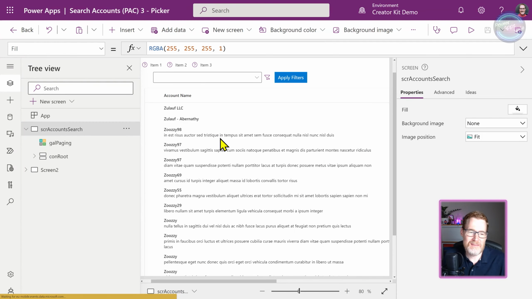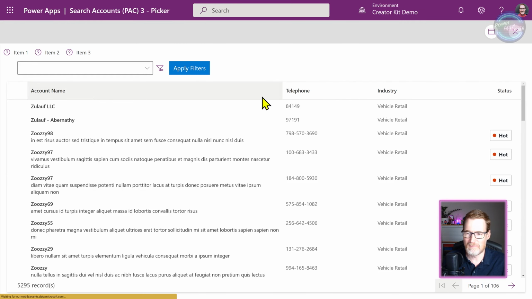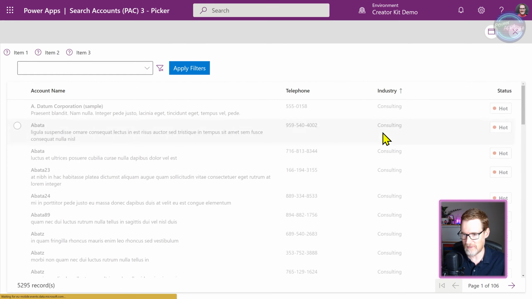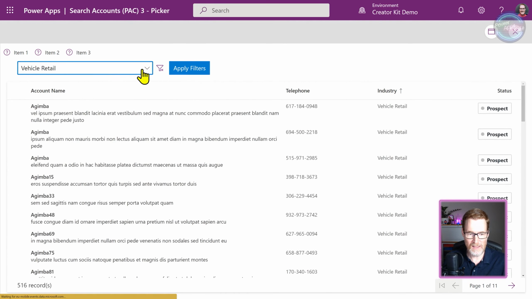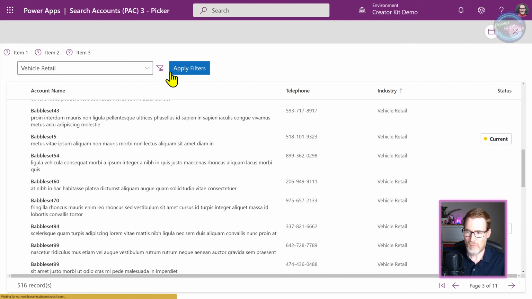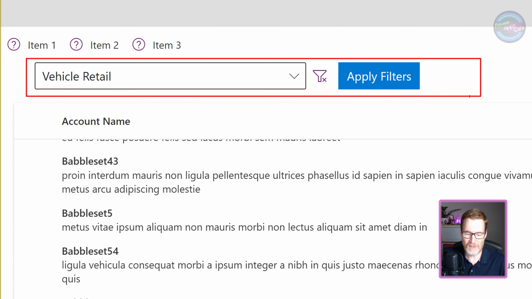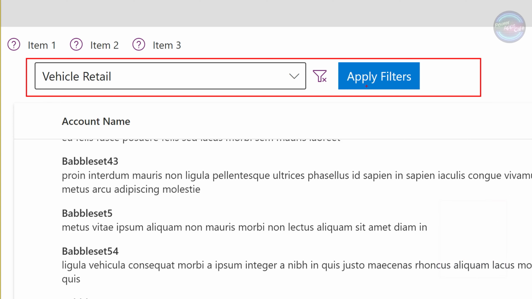Okay, so we're inside our app that we've been building and we've got all of the things we've been working on. So sorting in a fully delegatable way. We can filter by an industry type and we've got paging and this is all delegatable. So what we now need to do is let's make a more complex area up the top here. So rather than just a single filter, in this area, we're going to have the ability to enter multiple different industry types and also multiple different status types as well.